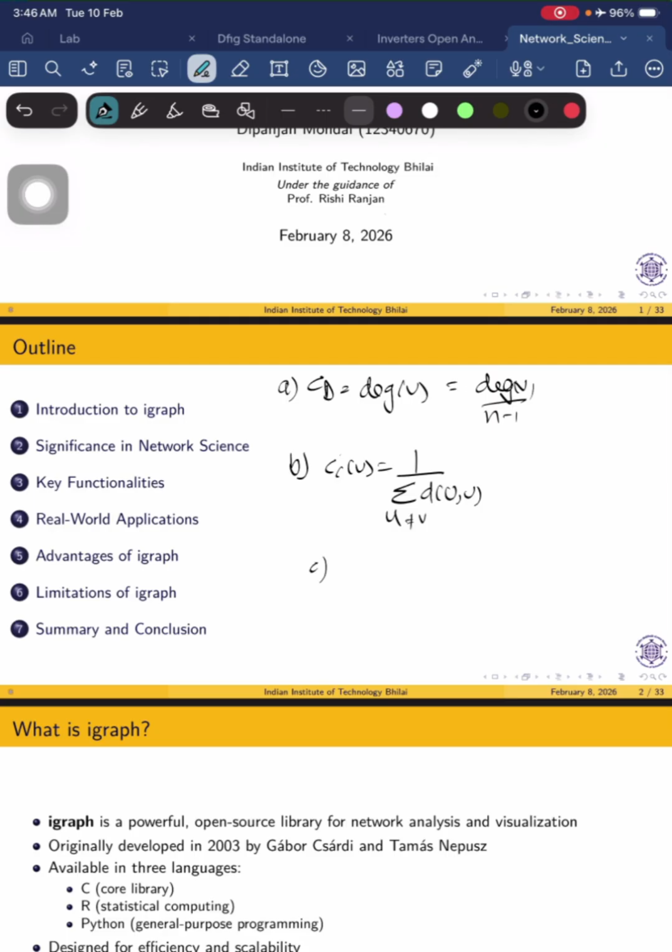And one more is betweenness centrality. It measures how often a node lies on the shortest paths between two other nodes. Nodes with high betweenness centrality act as bridges or brokers, controlling the flow of information in the network. And mathematically it is written as